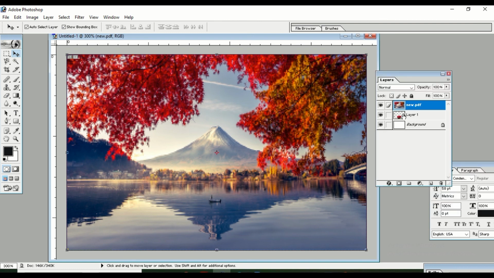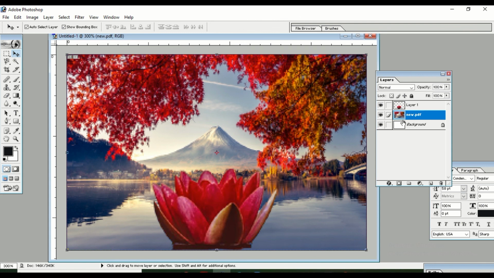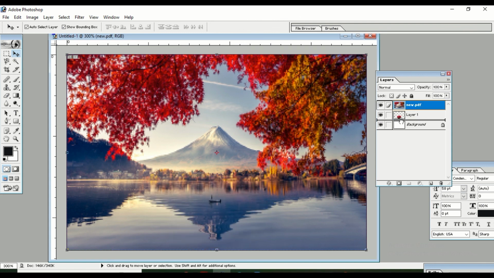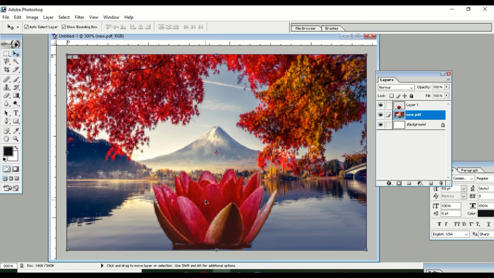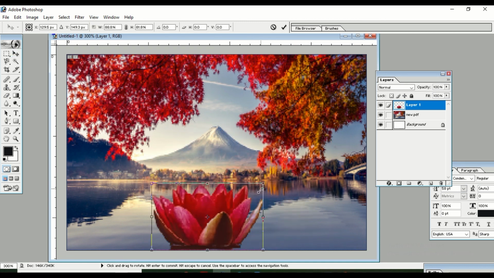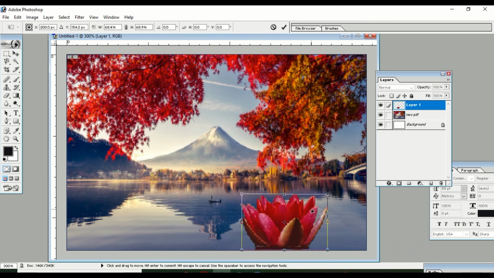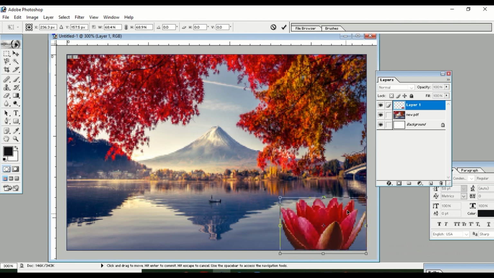Now since that flower is not visible, we can drag it below that flower layer. Now you can see this flower is visible here, and if you want to adjust it to a different size, you can click and drag it somewhere, and then click on OK.